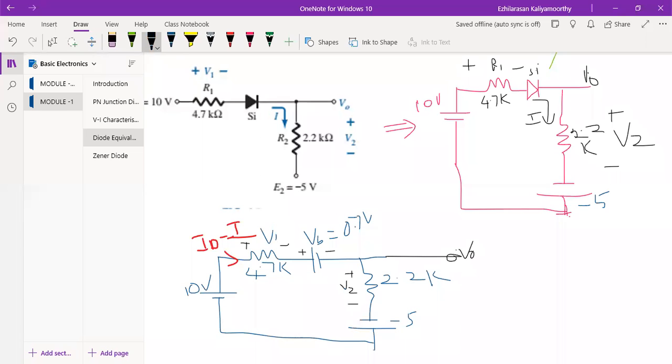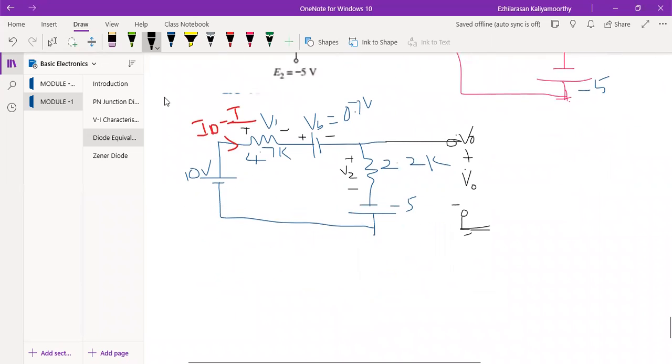As per this V0, in the sense this is plus, then this will be your minus. This complete one only is nothing but V0 actually. Which complete one? This complete one only is nothing but V2, the voltage across this. The complete one is nothing but V0 actually.